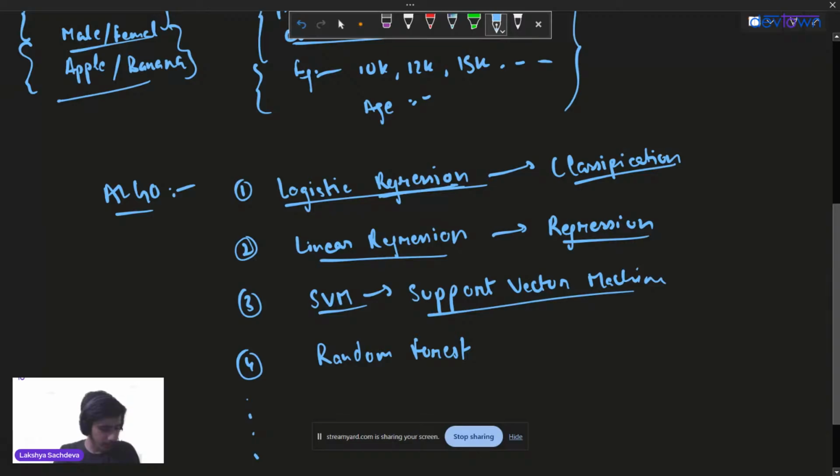Okay, some of you are saying regression and some of you are saying classification. So the correct answer is it can be used as both. What do I mean by both? We can use support vector machine as both classifier and regressor. Sir, is this possible? Yes, this is possible. Okay, sir, what about random forest? Same case for this. It can also be used as both classifier and regressor.